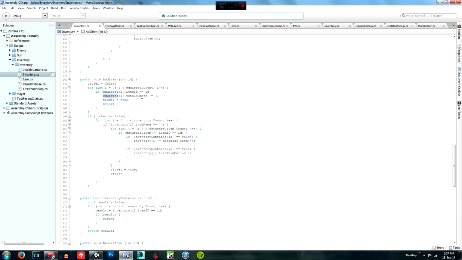Then equipped of item ID, then we're going to add 1 to the total number. So instead of creating a new item every single time, so we have like 50 different M9 entities in our inventory, we're going to say there's going to be one single M9 entity with a total number of 50. So if that makes sense, and then we're going to set ticker to true, then we're going to break out